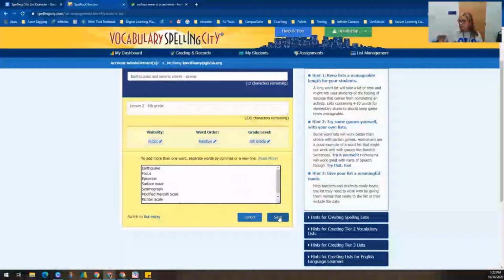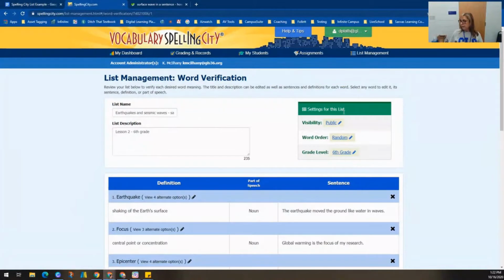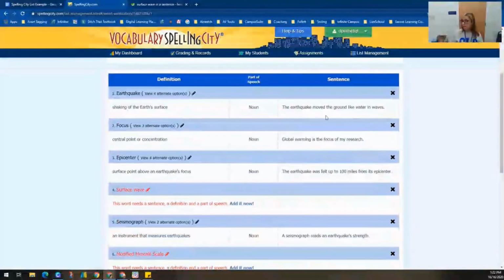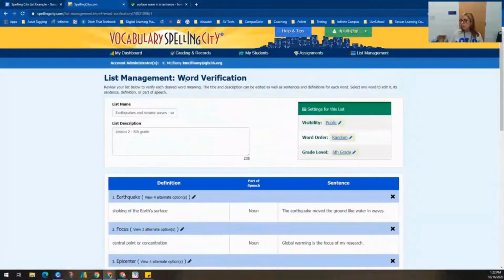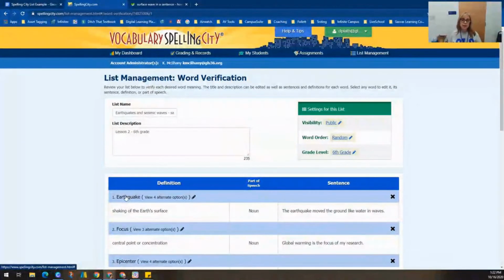Once my words are in there, I'm going to click save. You can see that my title, my list name, my list description, and all my settings appear at the top, and now I'm going to verify my words. I'm going to look at each word in my list and make sure that the definition and the sentence are there,